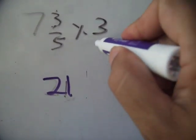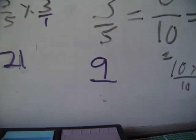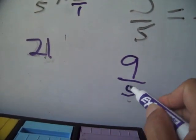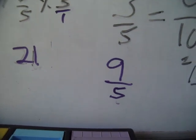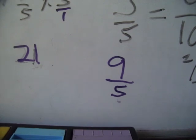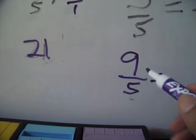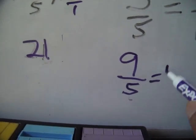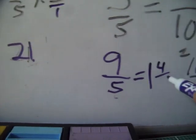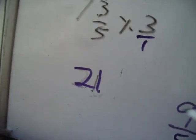And what's the denominator going to be? If I multiply 3/5 3 times, what do I get? 9 fifths, exactly. 9/5. How many 5s in 9? 1. And how many left over? I'm just converting this back into a regular fraction. This is an improper fraction. 4 left. And what were we counting by? 5s. So now I just add my 1 and 4/5 to my 21, and I'm going to get...